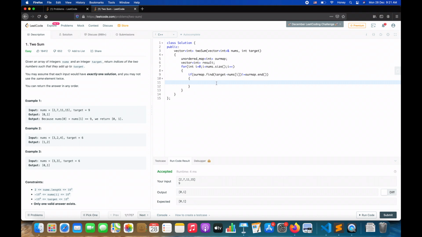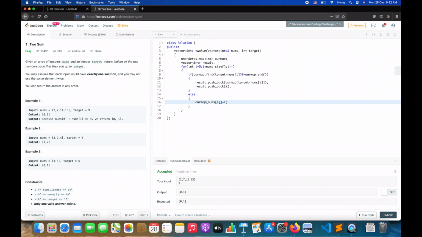So if that is not equal to end, result.push_back(rmap[target - nums[i]]), result.push_back(i). Else rmap[nums[i]] will be equal to i.